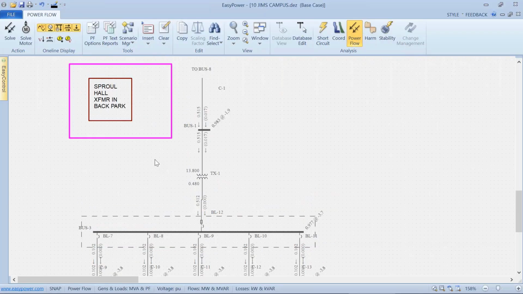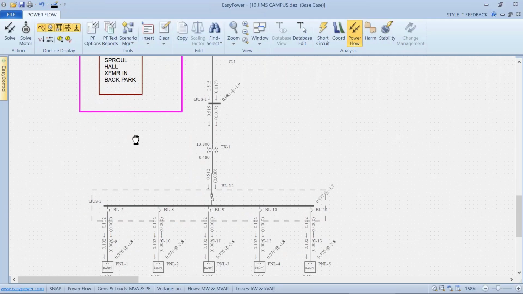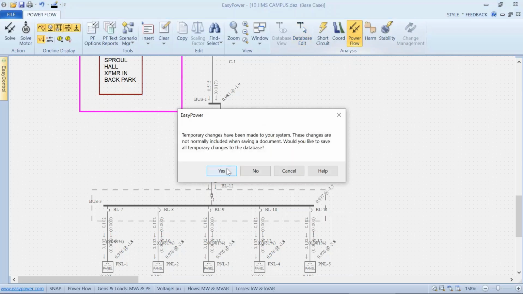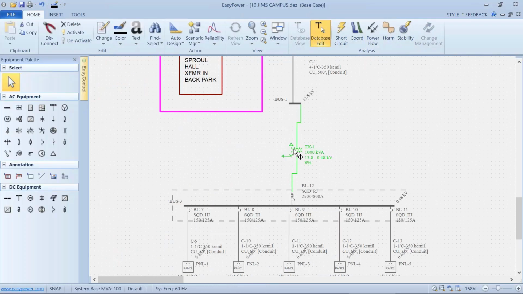Let me go find, I have a little bit of load. If I can look at the voltage drops, I'm looking here at a voltage drop of 0.59%, which is not bad, and it doesn't amount to the differences that you're talking about. But let me use this to show the technique that I think is a clever way to do this. The issue ends up being, if I go back to the database edit and look at the